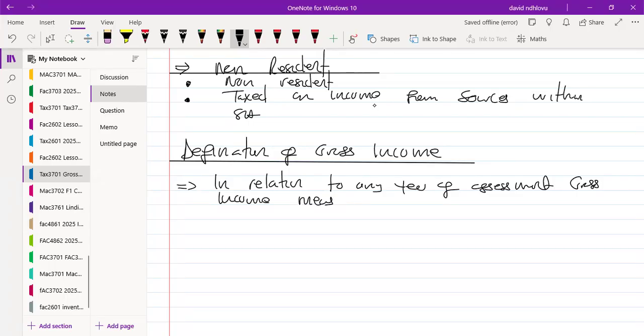Then the first part, so you have part one, this is in the case of a resident. In the case of a resident of South Africa. So when we define gross income, we then say it means,